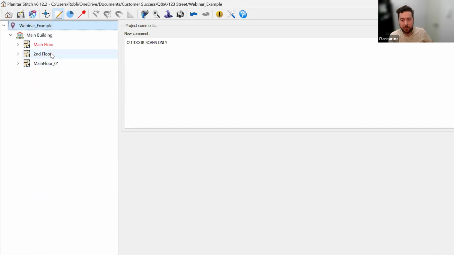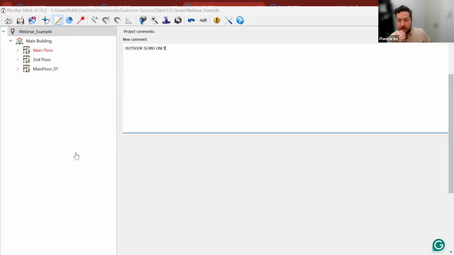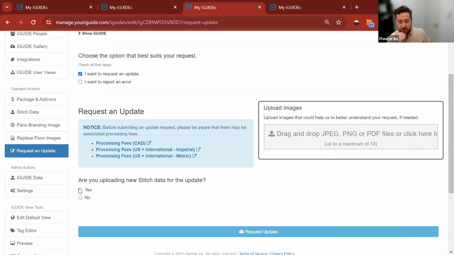And assuming you've got the other floors, you could technically delete them. If you're going to go that route, I would make a copy of your project folder first and then work on the copied version, just so you can keep your original. But you can just leave a note saying outdoor scans only, submit it to us, and they've got the original data. If not, you've created your new project and you want to submit that data to us, just open it up in Stitch,